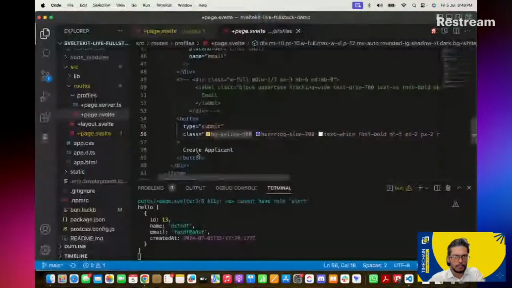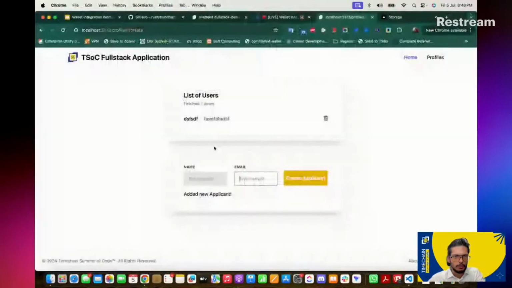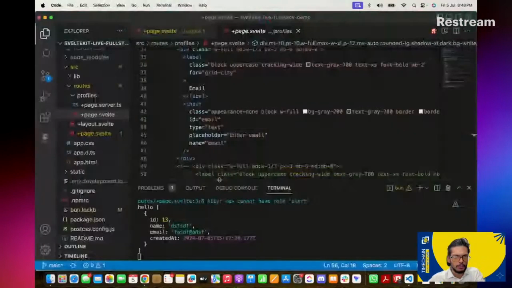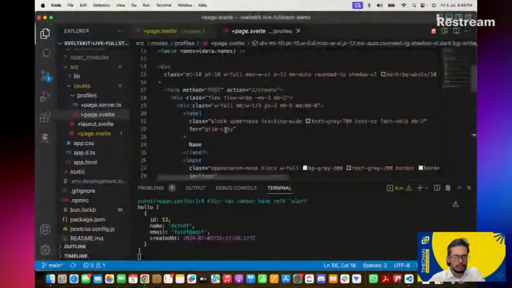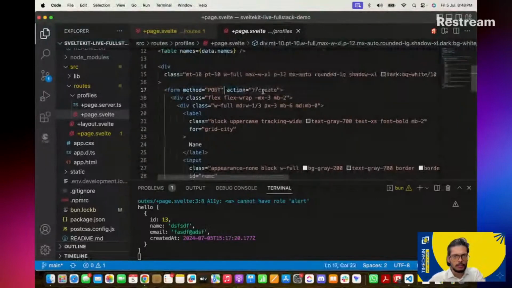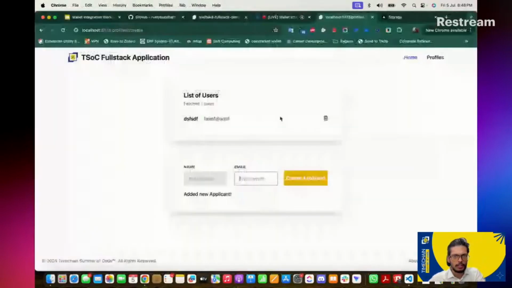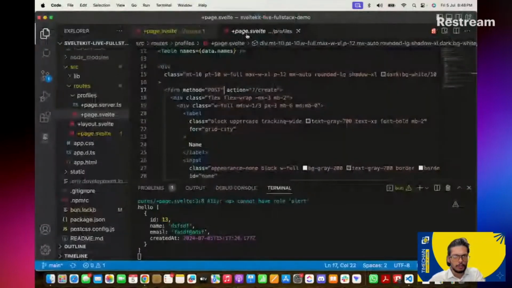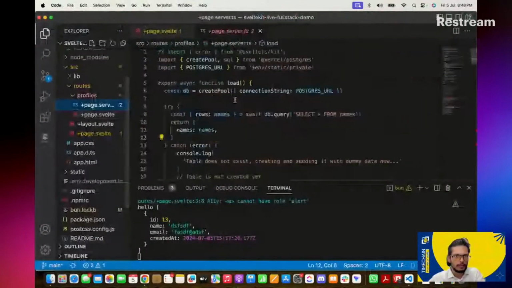Right? That's the button. There are two input fields before that. One is the name and the other is the email. So there you have it. But the initial part of the form has method post, and then it has an action of create. Now this create is question mark slash create, because we have created, we'll go to the backend part of it as well. We have created